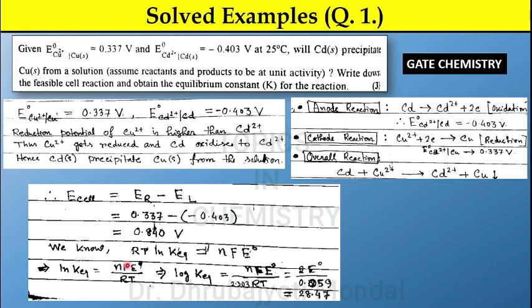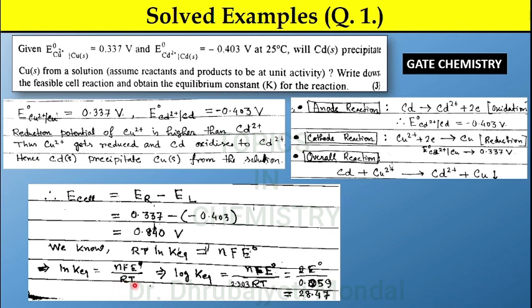Now we know that delta G is equal to minus RT ln K equilibrium is equal to minus NFE0, for an equilibrium reaction. But if you omit the minus sign, then you get RT ln K equilibrium is equal to NFE0. Therefore, ln K equilibrium is equal to